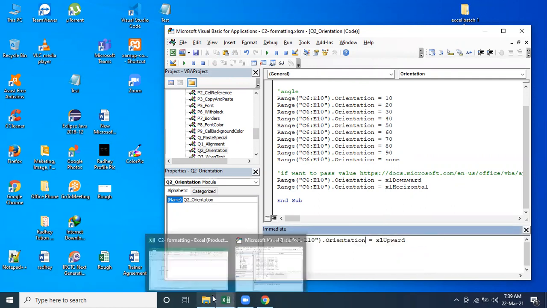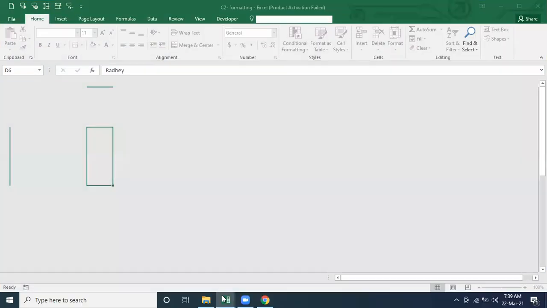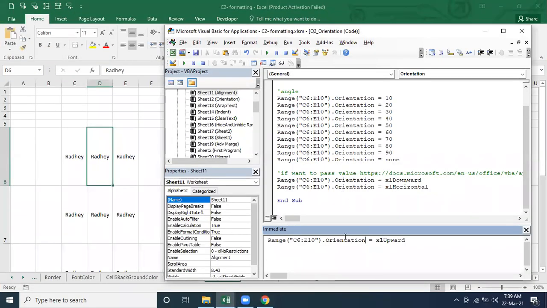Now you can observe, I'm going to execute this line of code. What is it going to do? It is going to start with R and then it's going to go like that. Let's see, R A D H U I. So it's going to start from the R and the other characters will go upwards.